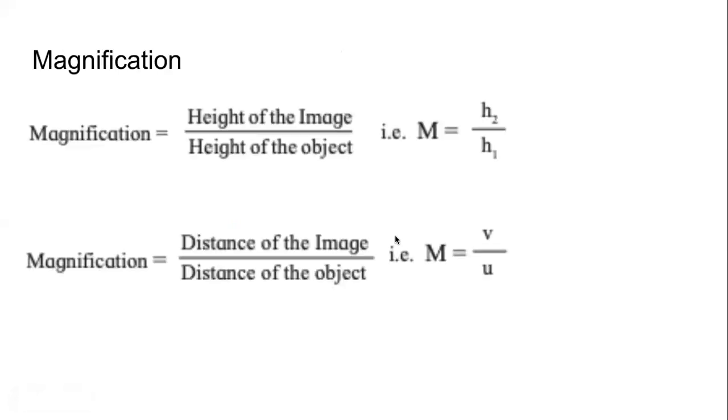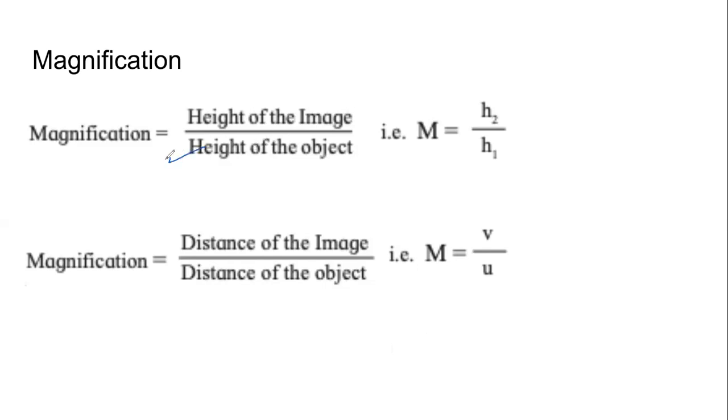Okay, let us measure something else. Now we know where the image will be formed or where the object can be placed and what will be the focal length. Pata chal gaya. That's one part of the calculation. The other part of the calculation is how big or how small the image is with respect to the object. And that quantity is called magnification. Magnification can be calculated in two different ways. Magnification can be calculated with respect to the height. This is the most fundamental definition.